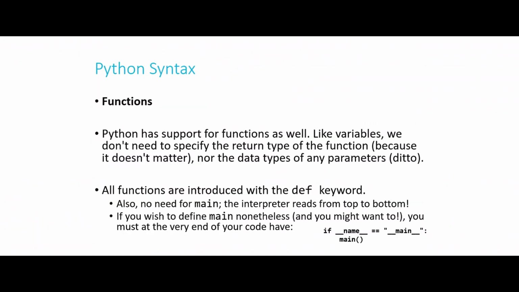And this is just something to memorize. If underscore underscore name underscore underscore equals equals quote underscore underscore main underscore underscore quote colon and then tab in main parentheses. This is one of those things that you don't necessarily have to use, because if you write your code such that the first line is the first thing you want to happen, it's going to be fine anyway. But if you write it out of order, this is just one of those things you have to memorize.